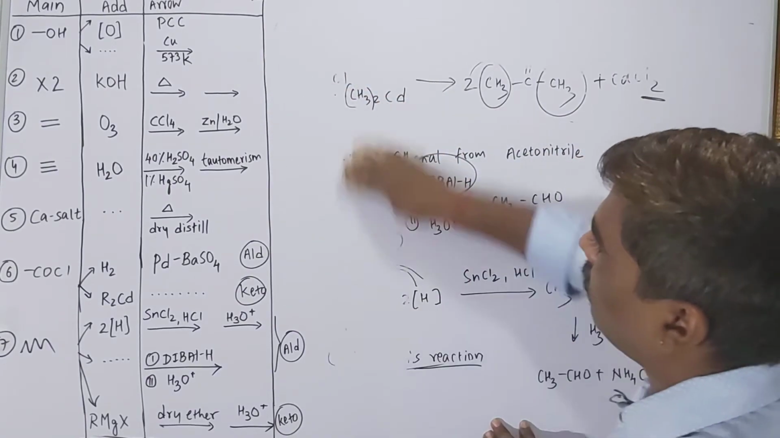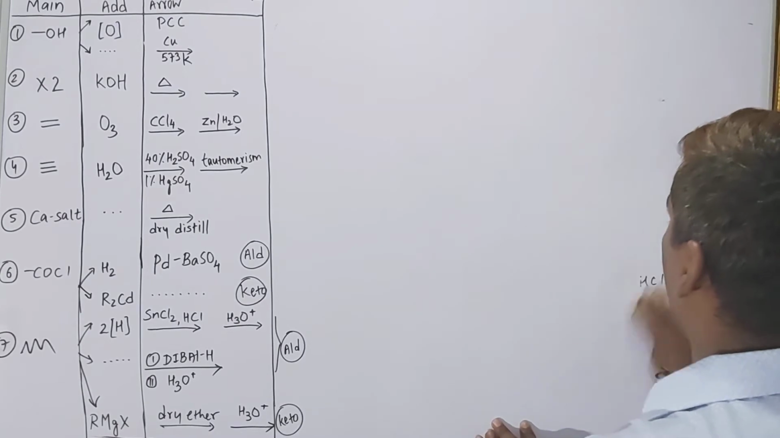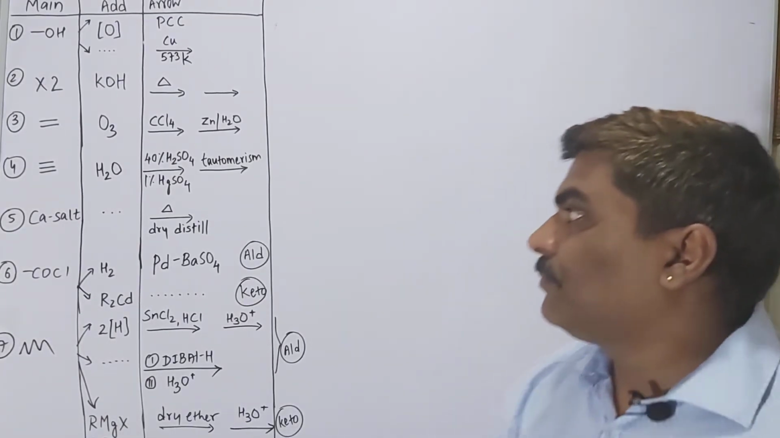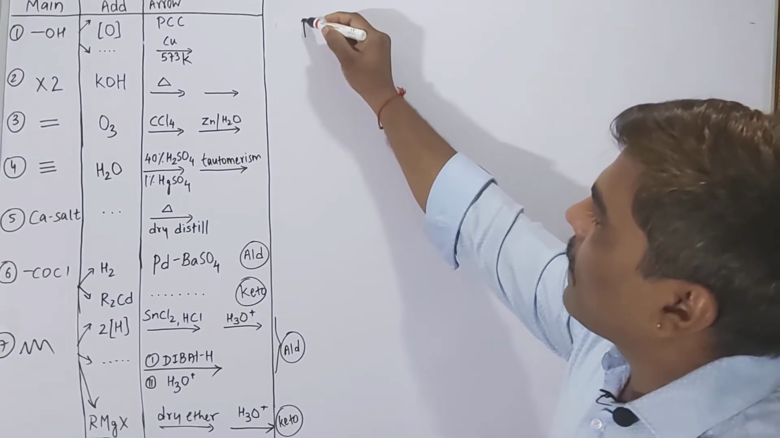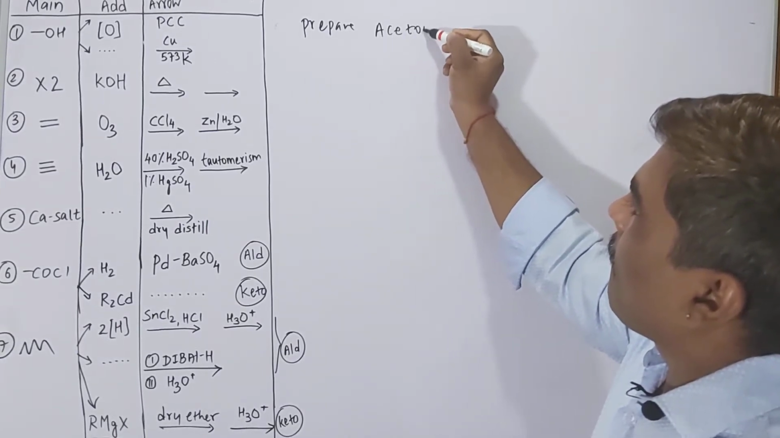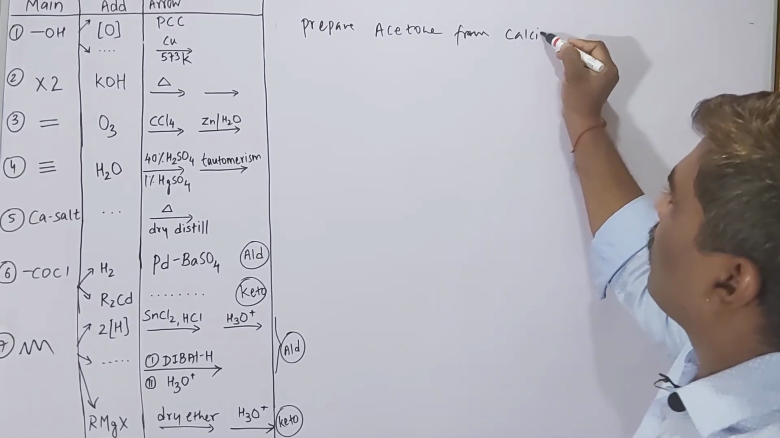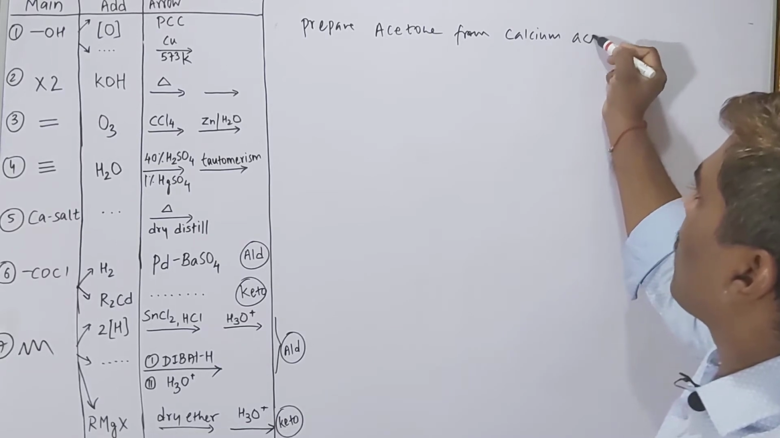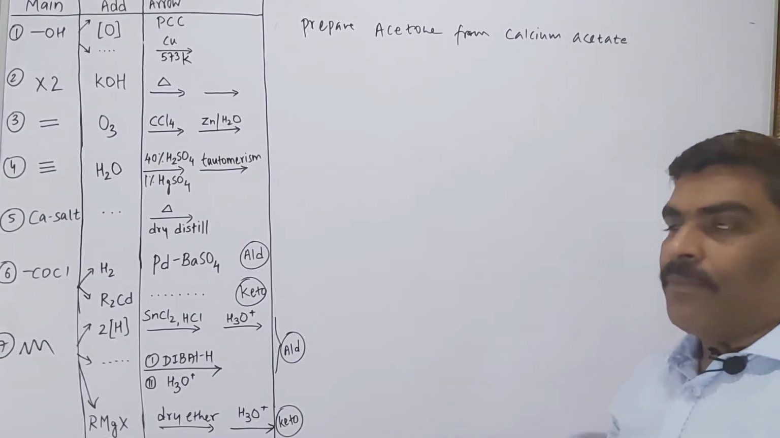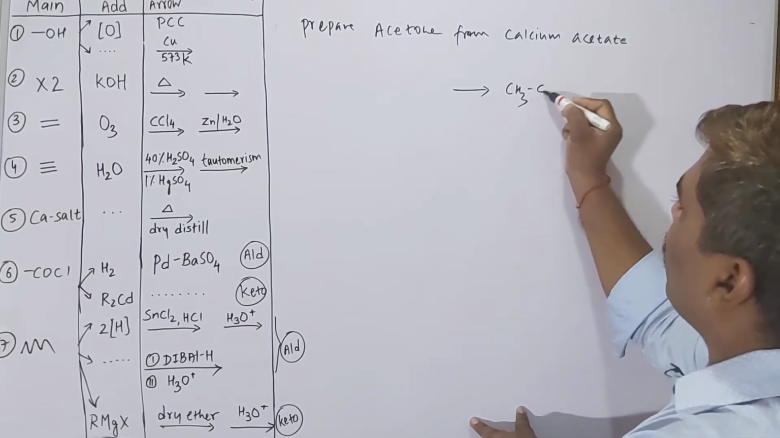So suppose if the question is, if we want to prepare acetone from calcium acetate, how to do this reaction? So as we want to prepare acetone from calcium acetate,